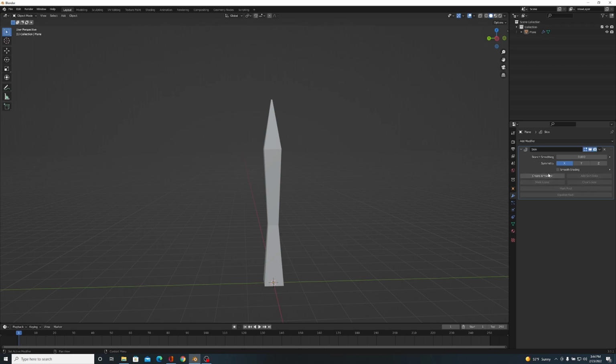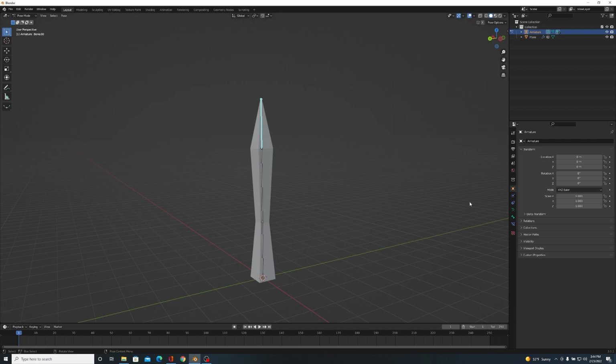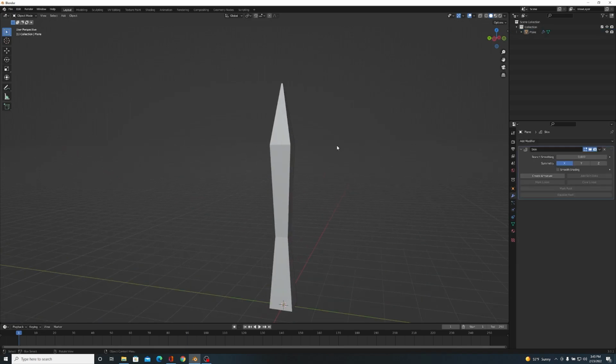So we're not going to be messing with this. If you want to, and you are happy with just this shape, and you want to create an armature, go ahead. Because then from here, you've got the ability to move it. You know, you've got fully workable. But as you can see, it kind of bends and warps and changes the middle sections there, and I don't like that. I don't like that at all. I like it to be more separated. So that's what we're going to do.